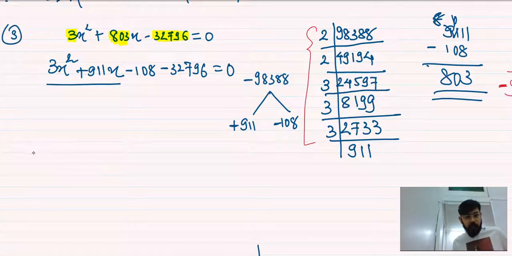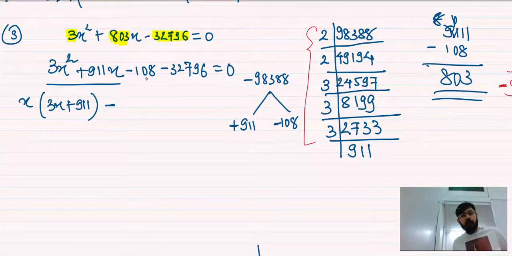If I take out something common here, I don't think there is anything common other than x, because 911 and 3 definitely don't have any common factor. So here x will come out as a common factor. 3x plus 911 will be left inside, minus over here 108 and 32796. If I want to take out something common, I think